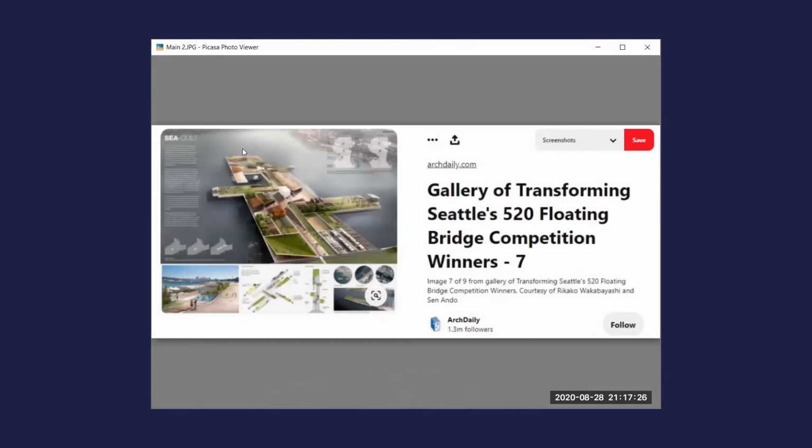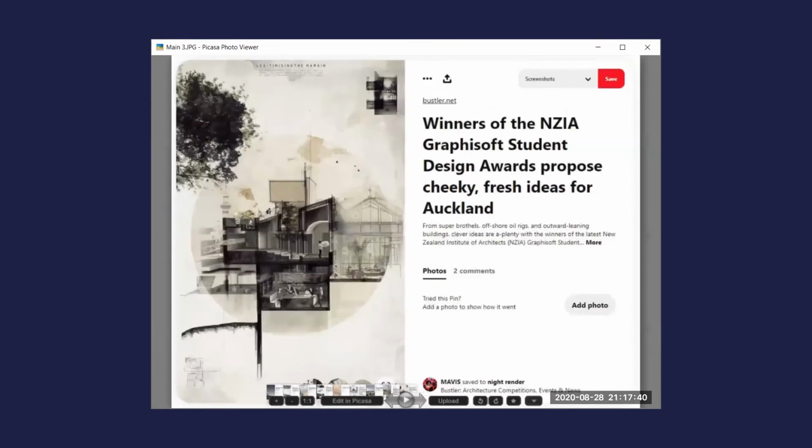As soon as you look at this entire presentation board, you will see that your focus is going directly on the main rendered image, and then you have the rest of the stuff around it. Even with this one, it's similar. Central focus is on a render, and surrounding this render we have the rest of the elements supporting this design.